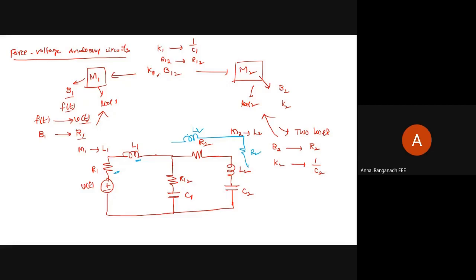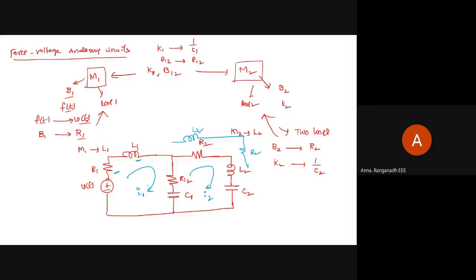Based on this, we need to write the loop equations. In order to write the loop equations, you can take this current as I1. Two loops means you should take two currents. The currents may be taken as you wish, so I am taking this direction I2. So I1 and I2 I am taking. Now while applying KVL to loop 1, I need to form the separate circuit. This is the main circuit. From this main circuit, I need to draw only the separate circuit for loop 1.